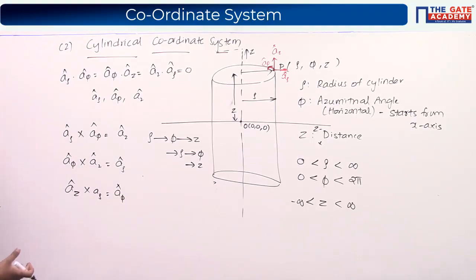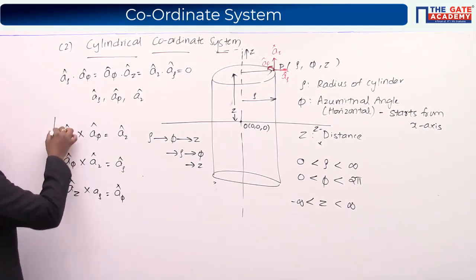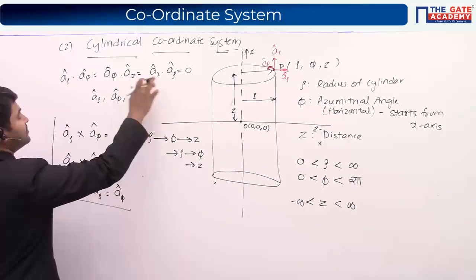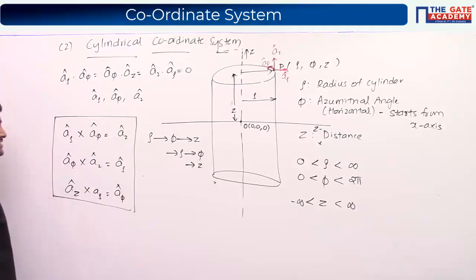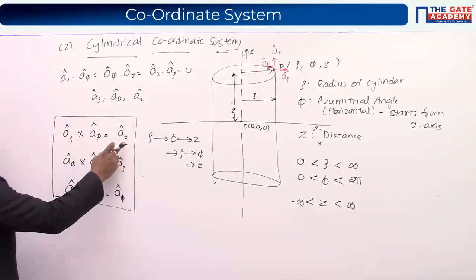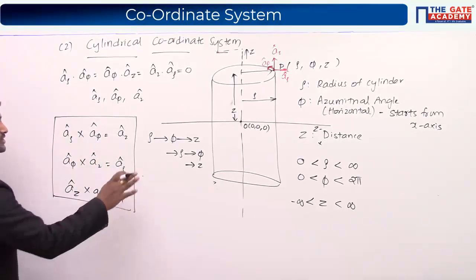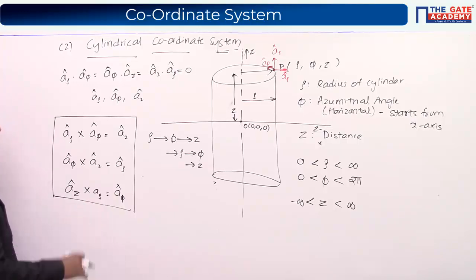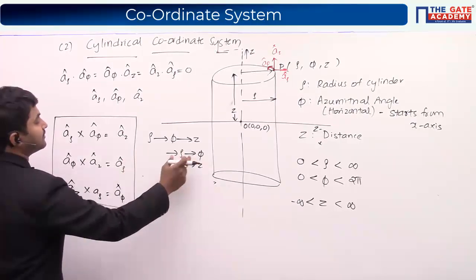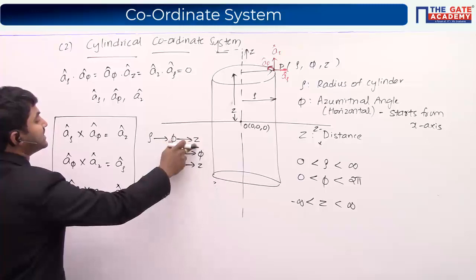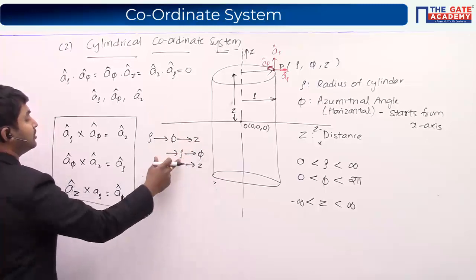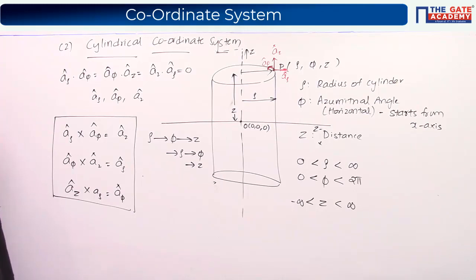So the perpendicular coordinates, or orthogonality, that we have considered, along with the concept of right-handedness, give us these particular results. We often get confused because sometimes we do the opposite and expect the same result, but that is not going to happen. It is only because of the right-handedness. Right-handedness means it has to satisfy this: when you add 90 degrees to rho, you get phi. When you add 90 degrees to phi, you get z. When you add 90 degrees to z, you get rho. This has to be satisfied.